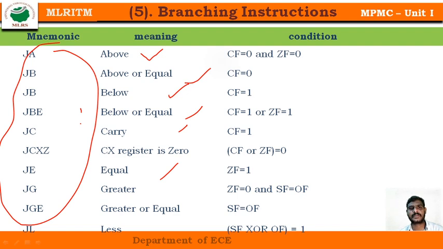If the first number is larger, I'll use the carry. When I'm subtracting using the JC, jump carry instruction, and the first number is larger than the second number, definitely no carry will be there, so the loop will continue. If carry is present, it will come out of the loop. So like that, these instructions are used for such types of tasks. Depending upon the requirement, I need to choose the corresponding instruction, and the corresponding flags will be affected here.